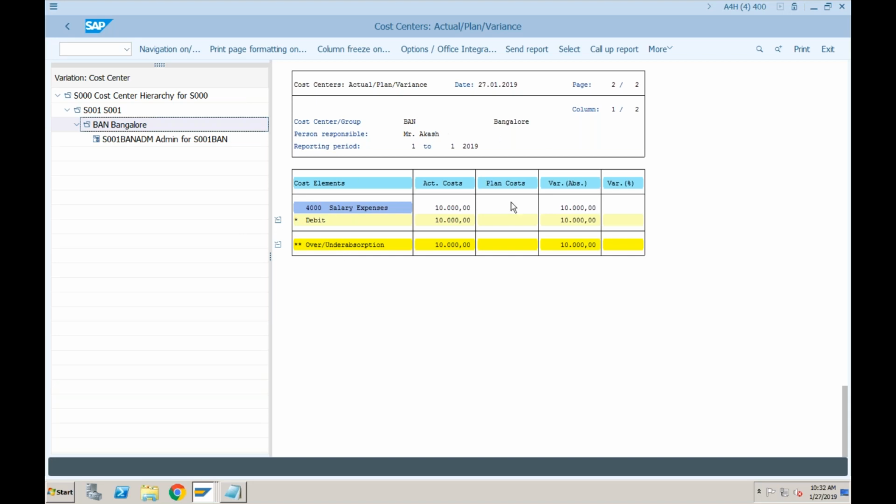Okay, and if you want to print this page, you want to see the person responsible, so he is responsible. So if it is favorable, you will be giving kind of incentives to this person. If it is unfavorable, then there may be the negative impact for this person responsible. So all those things can be controlled via these reportings. So these reportings are very important for the managements or CFOs who are looking at these reports on day-to-day basis.